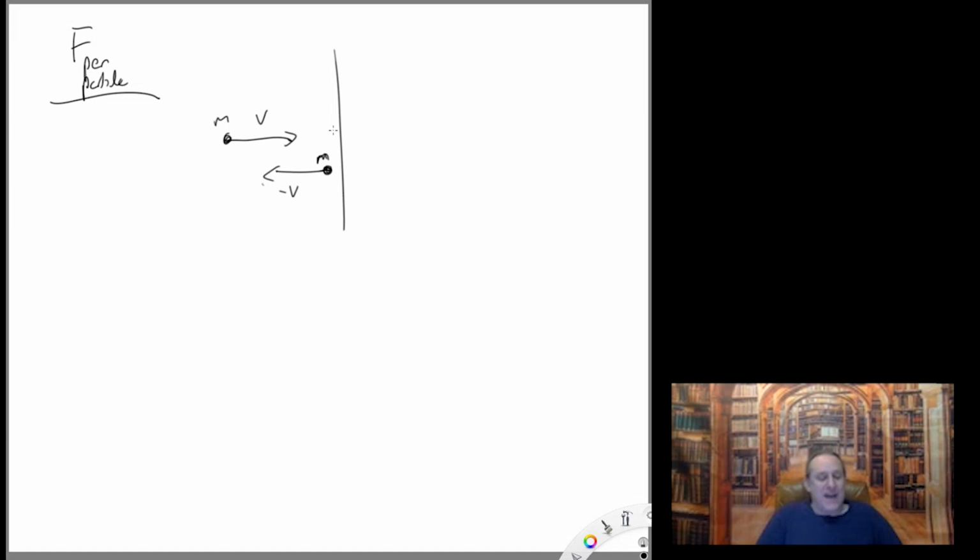The wall is so massive that the wall doesn't really gain any kinetic energy from this collision, and so the particle must keep all of its kinetic energy. So whatever it started with, it has to have the same amount of kinetic energy. It's like a super ball bouncing off of the wall. It hits the wall, it bounces back, it's going just as fast when it bounces as it was coming in if it's perfectly elastic. So we could say that the net force on the particle